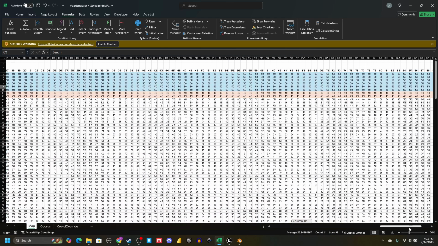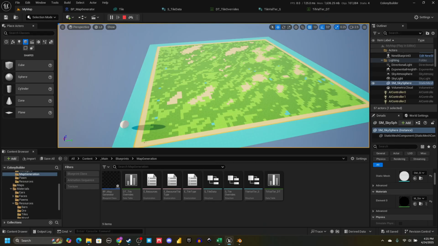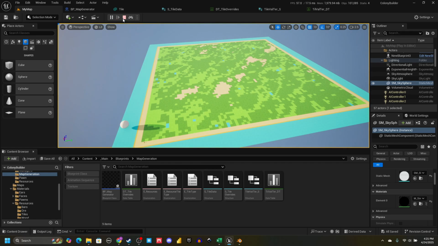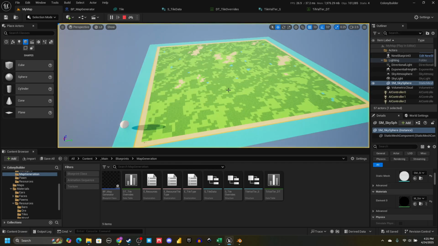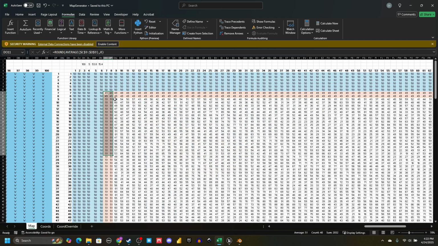So these are manual overrides that I load into Unreal Engine in an override table, which we'll get to. But I just want to show you guys how this works, so that I always get the same pattern on the outside. It's always an island, but the inside is completely generated. The way the math works on the inside and what I'm doing in Unreal Engine is a little bit different than this,